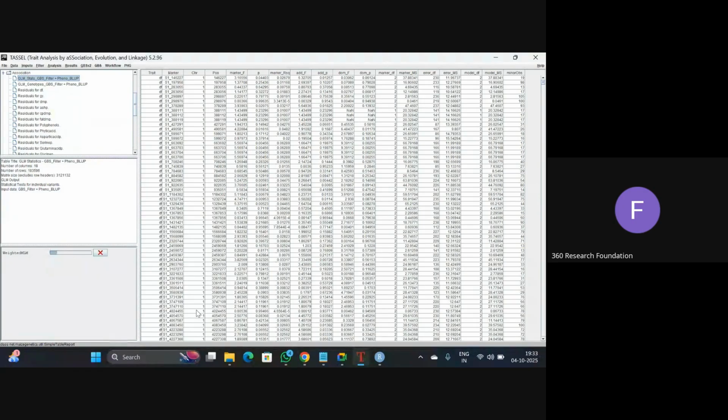Generally TASSEL is not preferred for association mapping, but as it is one of the options, I am showing it to you. Nowadays the general linear model, mixed linear model, and the multi-locus mixed model MLMM are not preferred. Generally, we go for FarmCPU, BLINK,